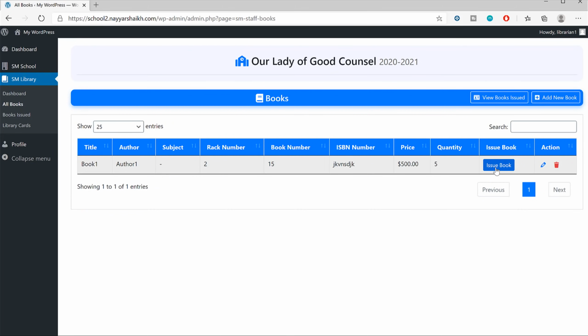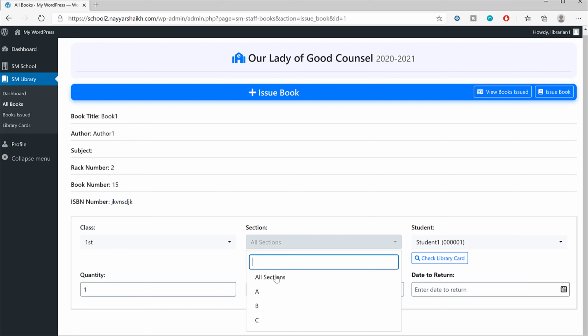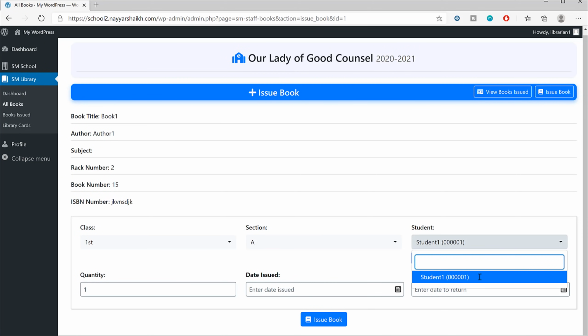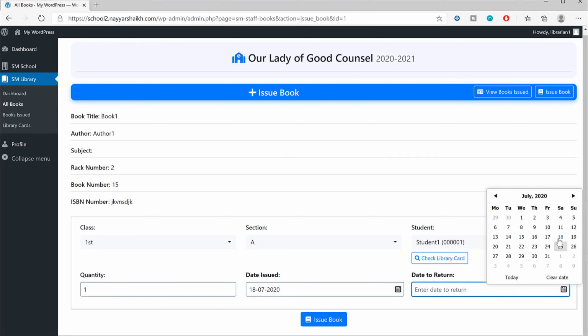So we can come over here, click on issue book, and select class, section. Now under students, only those students will display who own a library card, or for whom we have issued a library card. So this student exists. And after that, we can add the quantity, when this book was issued to this student, and when this student will